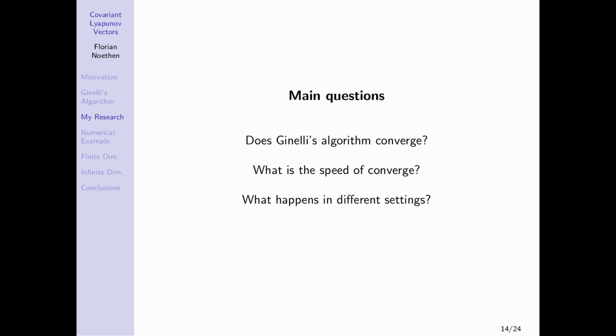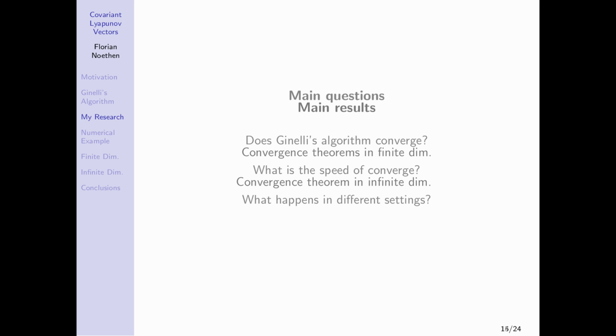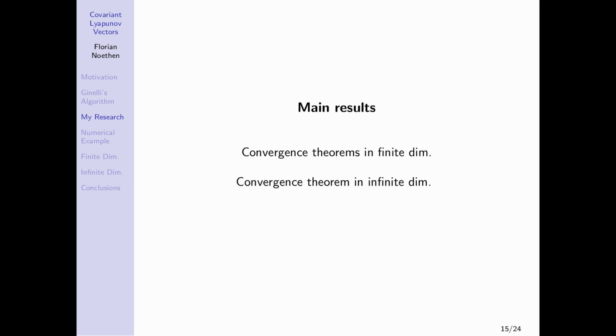And by this I mean what happens for discrete time systems, for continuous time systems, what happens in finite dimensional systems or in infinite dimensional systems. The main results of my work, which I want to present to you today, are two convergence theorems in finite dimension, one for discrete, one for continuous time stepping of the algorithm, and another convergence theorem in infinite dimensions for discrete time stepping. But before we jump into the theorems, let me give you a numerical example